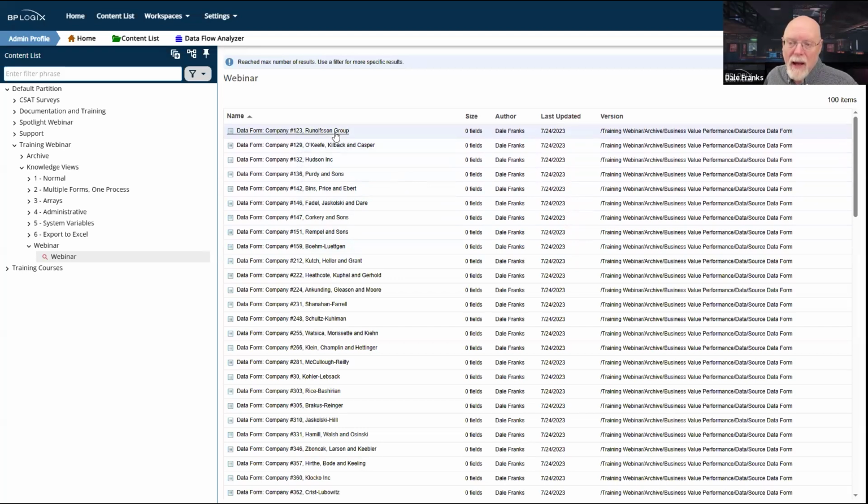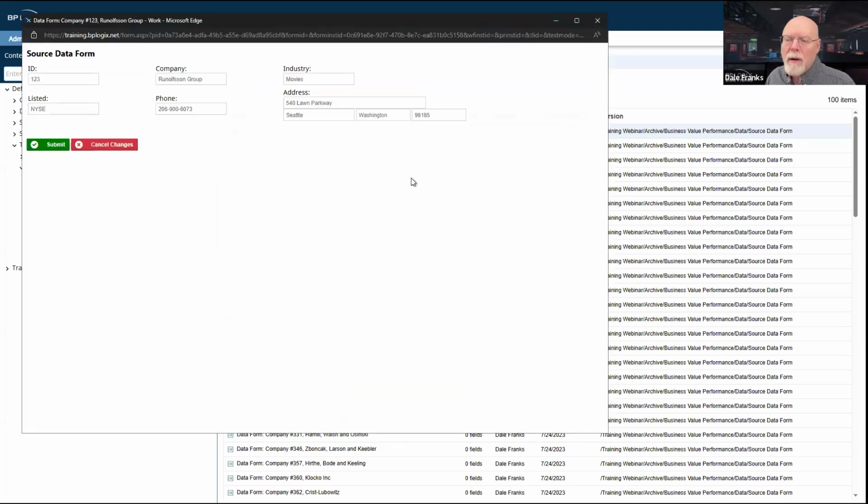But let's say that on this particular form, I had a task that was assigned to me. If I just create a content list knowledge view, and even if I filter it to show only forms where I am running in a current active task, if I try to open it from here, content list knowledge views will not open it in task context.